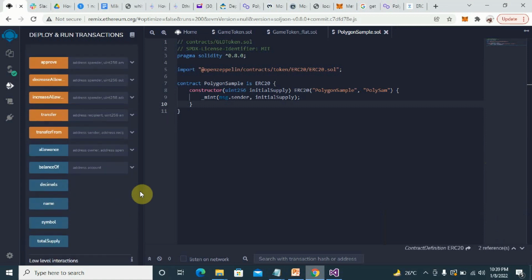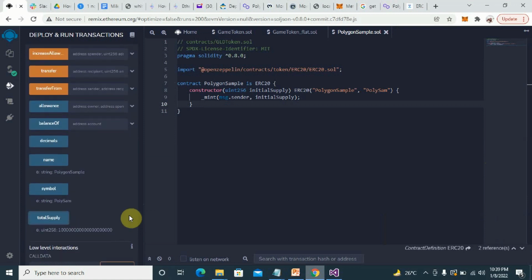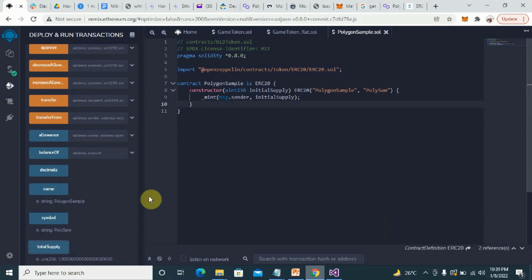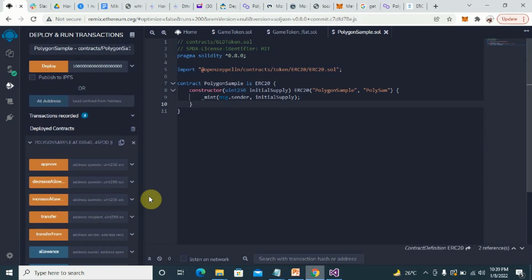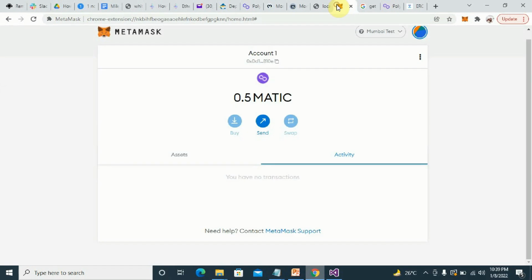Good. So we can just quickly see the name, which should be Polygon sample, the symbol polysam, and the total supply should be 100 polysam tokens that we've created. Now we're able to deploy this to the Polygon chain, and to view this on the Polygon scan, you can